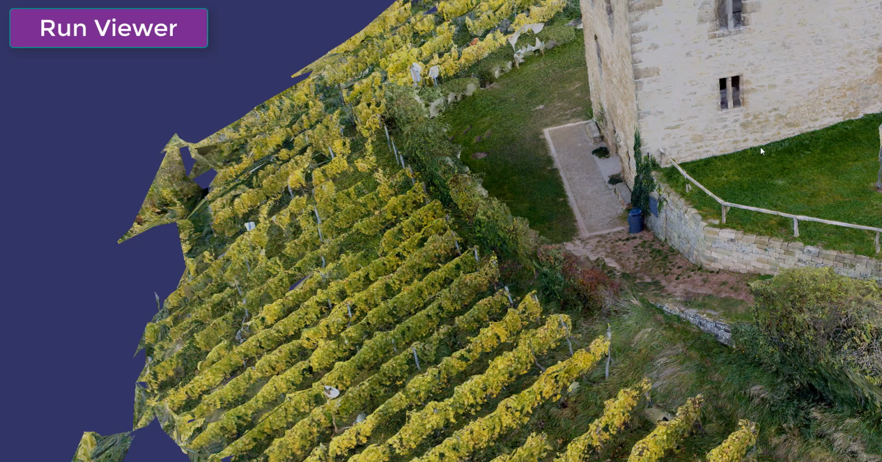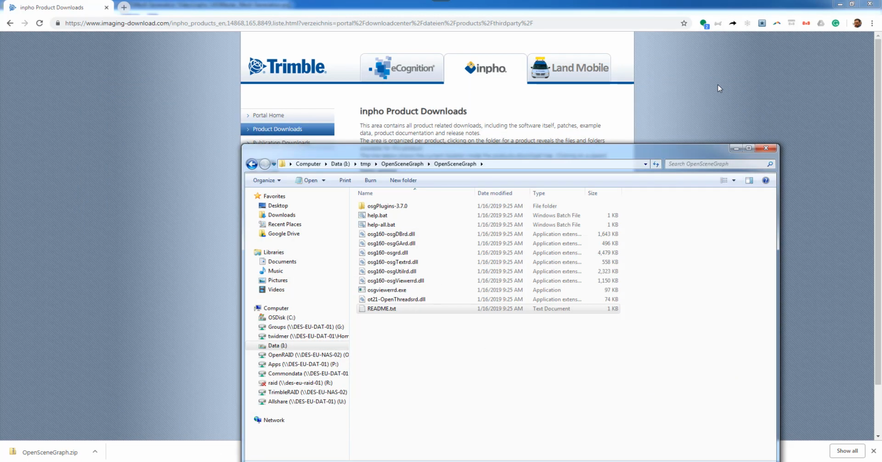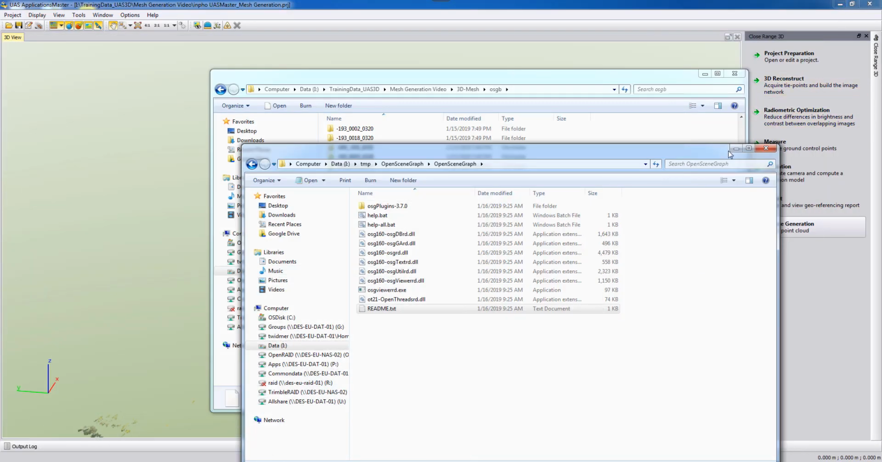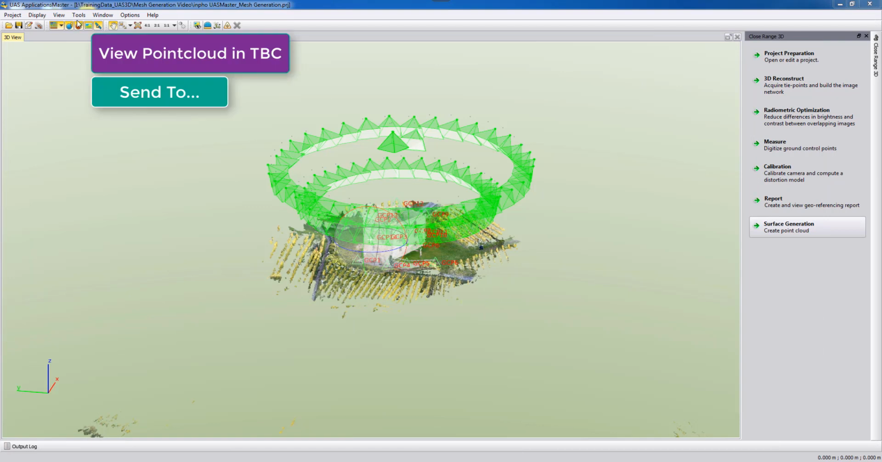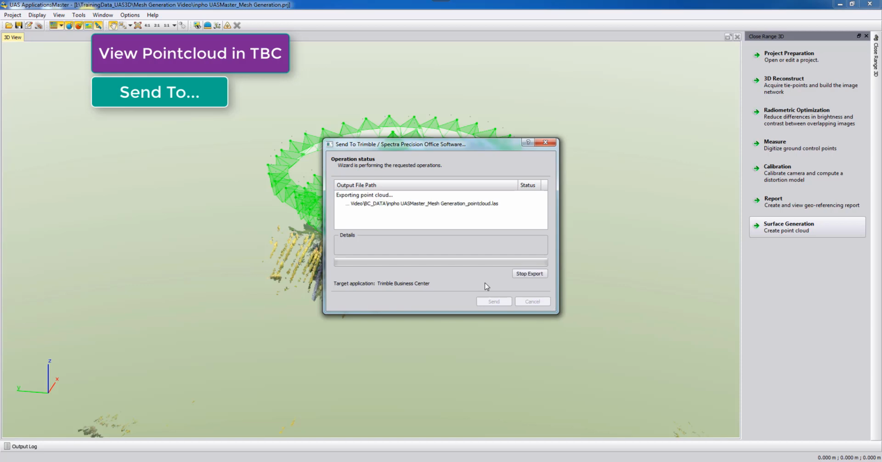And if you want to use your point cloud data, I will just close the viewer here. You can also run the whole part with TBC. So you can go here to your project, and this is done with send to. So export is really just when you need a third-party product, not TBC, and send to is really sending this data to TBC. You can export also your ground control points, but I will not do this. I will just export the point cloud. And then we say